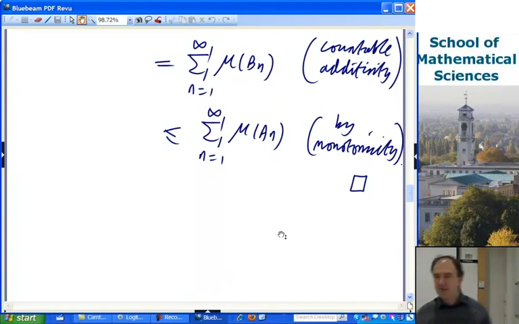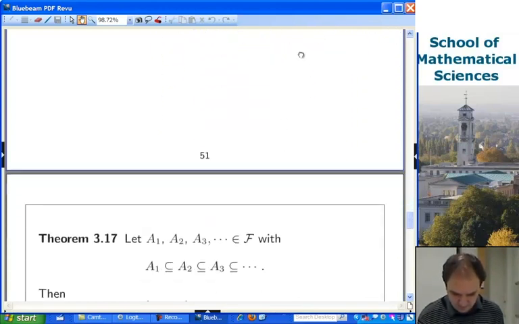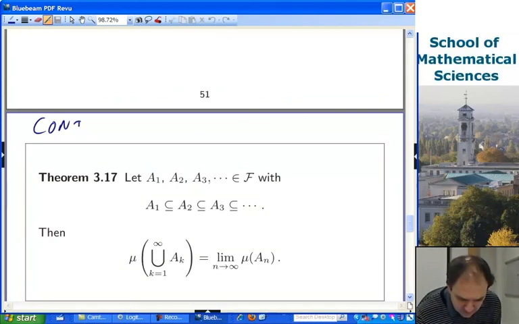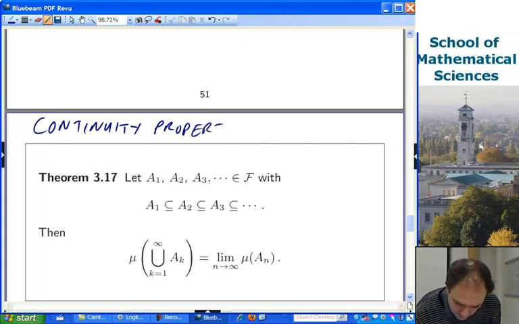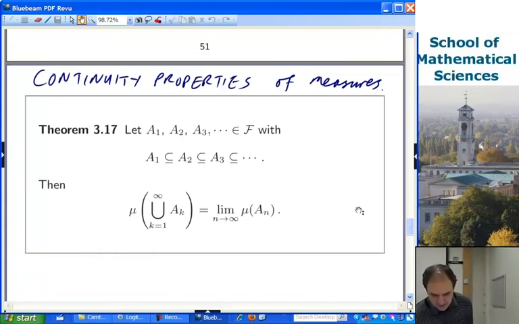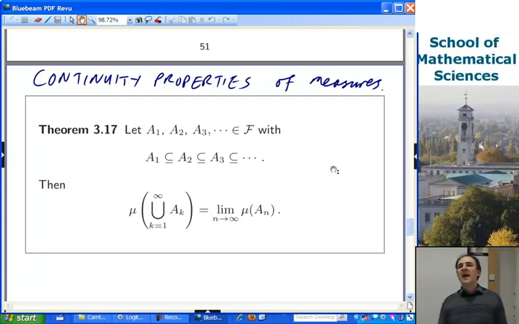So to finish off this section, we're going to look at what I call continuity properties of measures. So these last two are continuity properties of measures. I won't go into detail as to why they're called continuity properties of measures, but you can sort of get the idea. We haven't defined a formal notion of sets tending to another set. There are various approaches to that. But